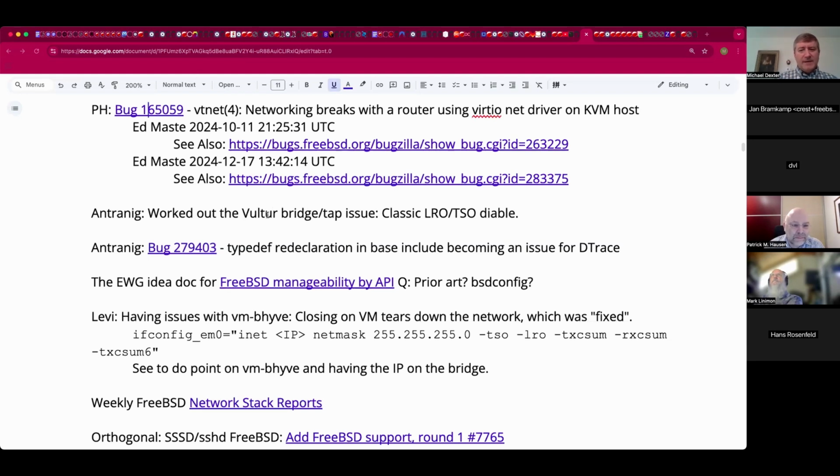So about that, I pinged him just before the call. He's busy with a capture the flag, but he said it was just classic disable LRO TSO. But maybe that's an incorrect statement. Yes, no. The issue is a bit more complex. Okay. That workaround works. Yeah. But it has performance implications. Because I think you don't just have to disable LRO TSO, but you have to disable the layer 4 checksum offloading of UDP and TCP, which means that now the guest,